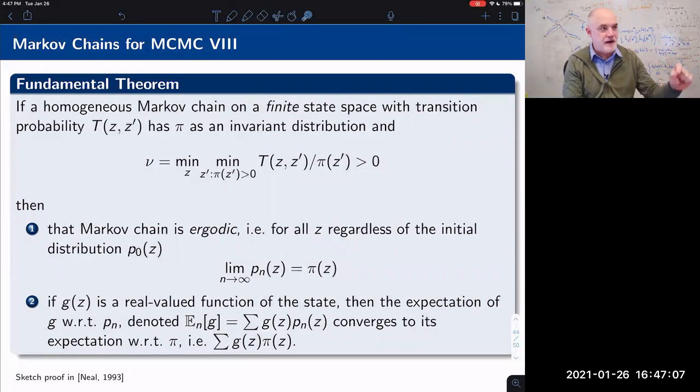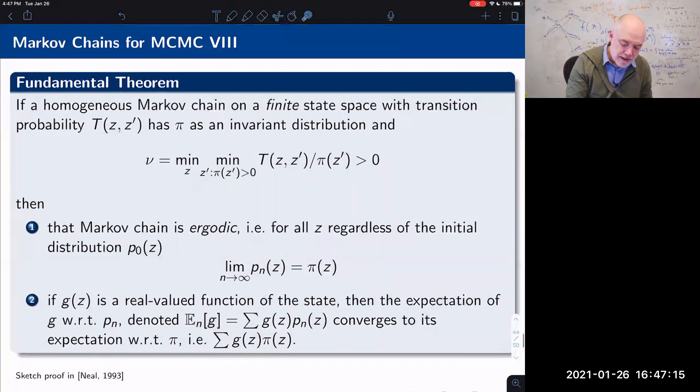So we find the point z, and then we look for some z prime that has the smallest probability. So long as the probability of transitioning from z to z prime divided by pi of z prime is greater than 0, then the Markov chain is ergodic,